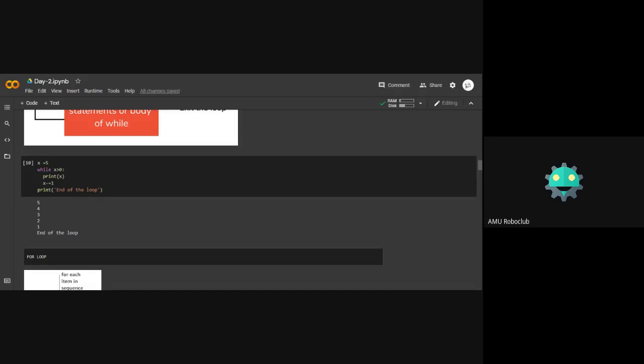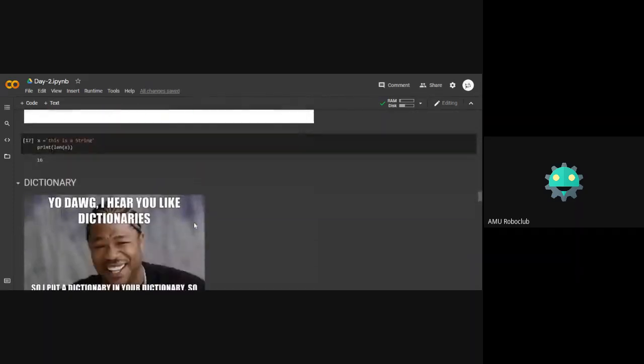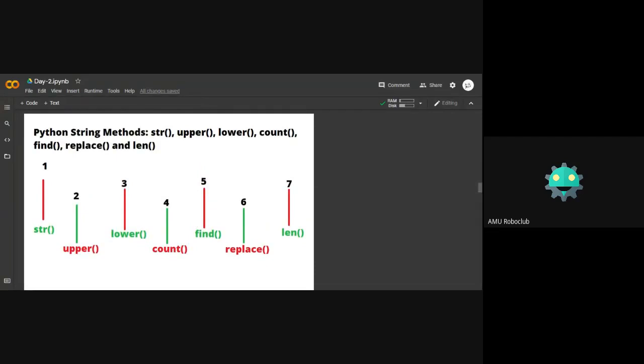Okay, then I would like to hand over the presentation to Apur. Thank you, Aradhya. So that was a nice overview of what string is, loop is, and what list is in Python. So I guess everyone has an idea of the same. If you have any doubts, please ask either in the chat box or by unmuting yourself. Else I will go ahead by sharing my screen, because that's important.